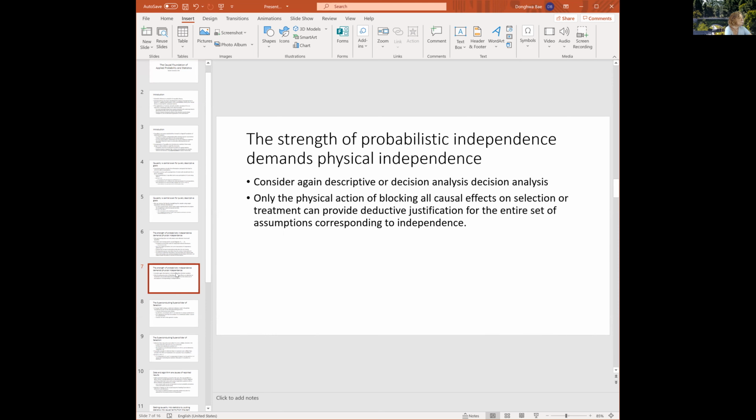Okay, let's continue. I did have a comment, maybe more of a question, Donghua. These arguments for physical independence being necessary for probabilistic independence are assuming that our probabilities are in some sense physical events, right? Yes. Now you might think that one interpretation of probability is that it's not about frequencies that happen in the world, but instead about your own subjective degrees of belief, your credences, in which case this argument is, I think, orthogonal to the issue.